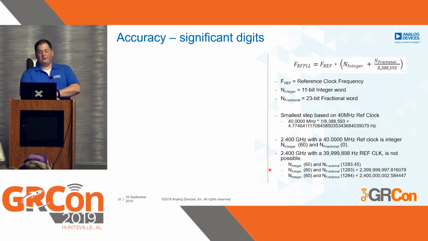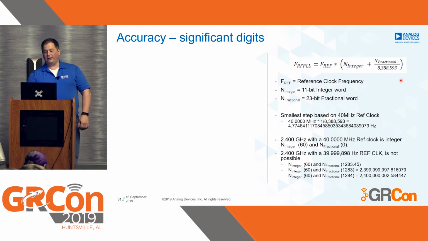In terms of accurate significant digits, this is just the PLL inside these chips. We have a reference clock, and then we have this fractional PLL. The fractional PLL basically has a fractional part divided by some typically prime number, and then an integer part times that. If our reference clock is 40 megahertz, to see the smallest RF step we can do, we just take 40 megahertz divided by this modulus number right here, and we get 4.7746 something hertz. And that's the step increment that we can do,